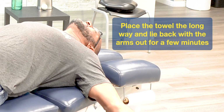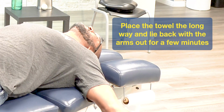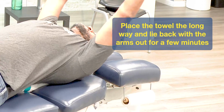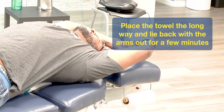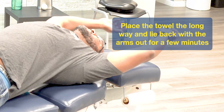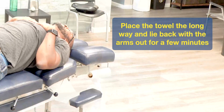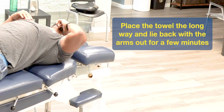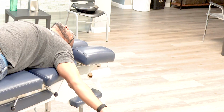You'll put your arms out to the sides. You'll hold that position for a couple of minutes. Same thing, arms over your head. We're going to hold that position for a couple of minutes. Most of us have an issue with our shoulders rolled forward, the muscles in the front getting really tight, the muscles in the back getting weaker. This really helps stretch out those muscles in the front, but then it also helps to mobilize that middle part